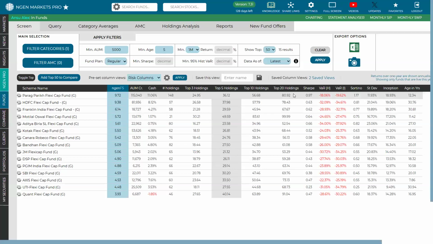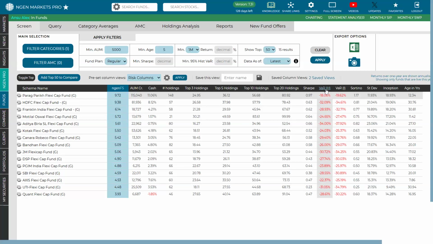Now, firstly, let's say we try to focus on VAR right here, which is an abbreviation for value at risk. This value at risk lets us know the downside risk of a respective fund. It is said that if history were to repeat itself with a given confidence interval, in this case, which is 95.